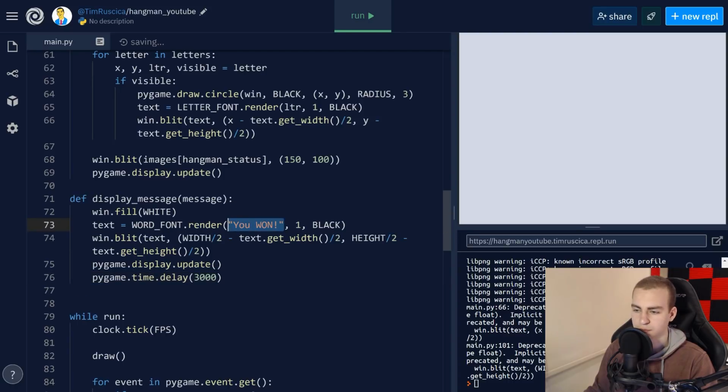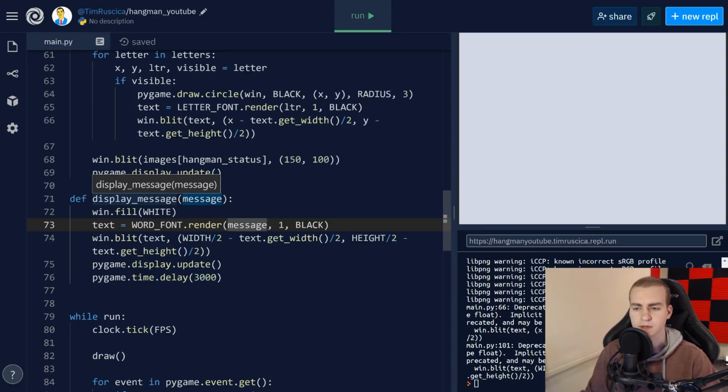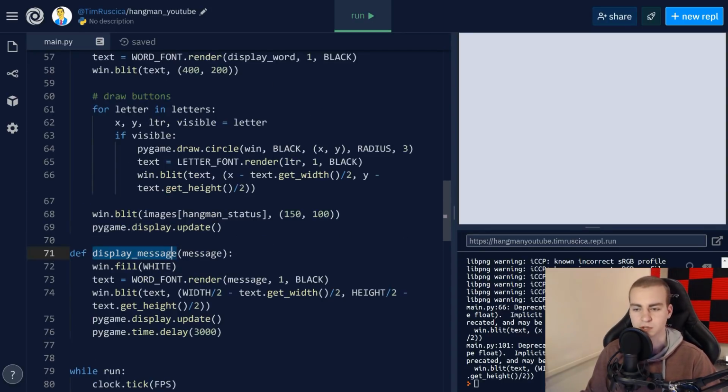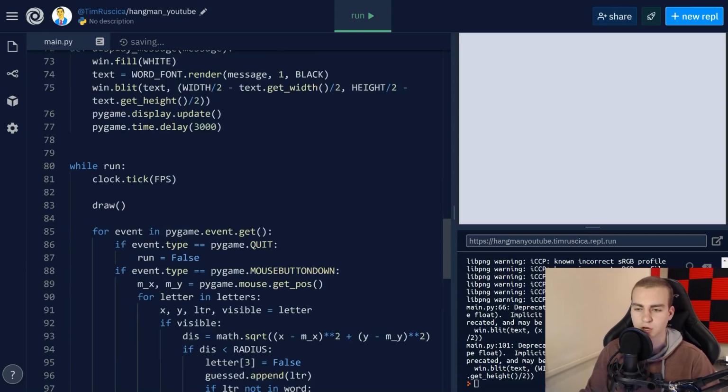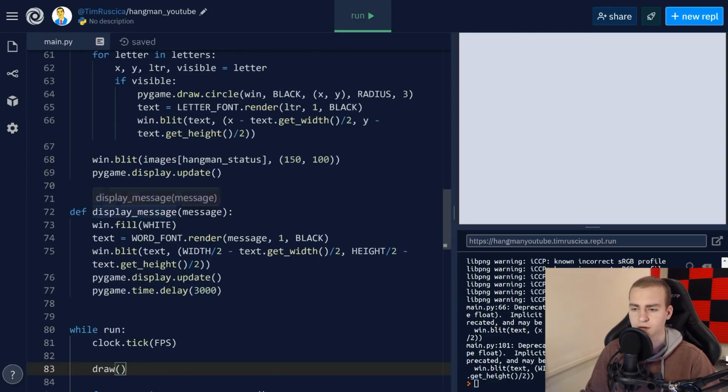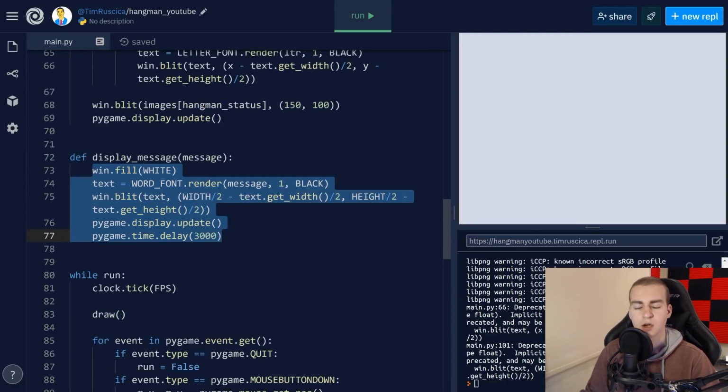So what I'm going to do is replace u1 here with message, which I've put inside of this function as what's known as a parameter. So let me do that first, and let me explain what this does. So this is a function, and essentially what this means is we can reuse this multiple times. Just like we've been calling draw a bunch of times from within our while loop, because every time the while loop runs, we call draw, we're going to do the same thing with display message whenever we win or